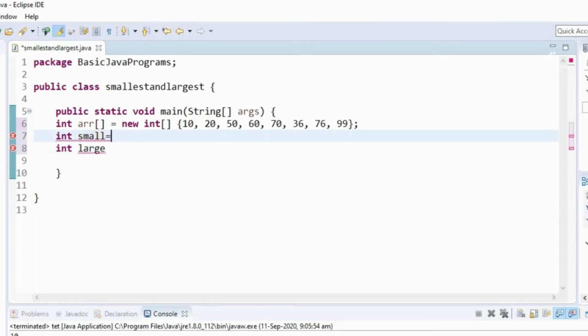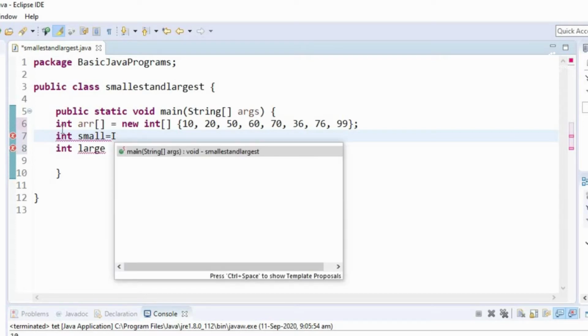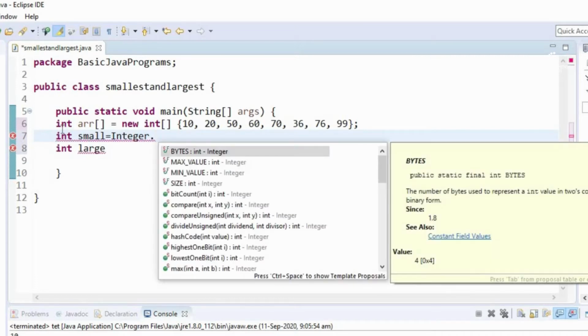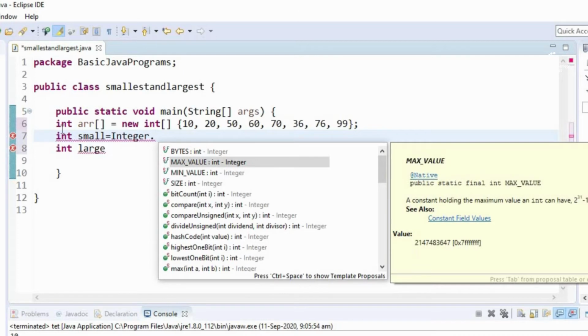Okay, now we will initialize this small variable to the largest value. I'll tell you why we are doing that. There is a Java class called Integer, and we have the constants MAX_VALUE and MIN_VALUE.